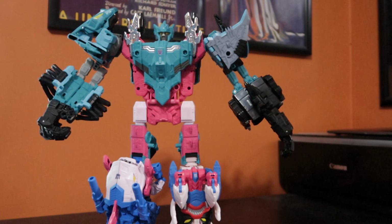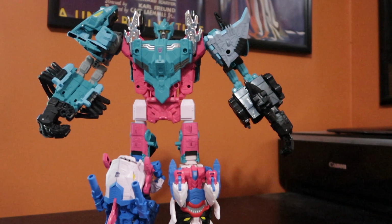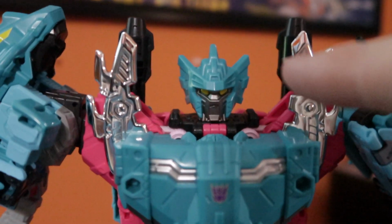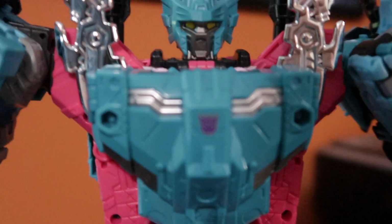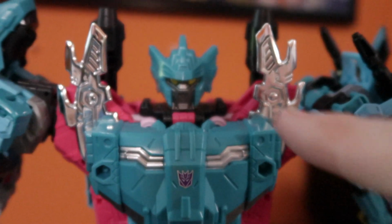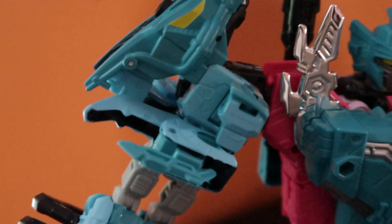So let's go ahead and take a little bit of a closer look. I'm going to pick up the camera. Let's go ahead and get really close. I like the head sculpt for this guy. I like the gunmetal gray for his faceplate. I like the yellow eyes. I like the seafoam green helmet. I like the silver accents on the chest piece. Here we go, Lob Claw or Nautilator